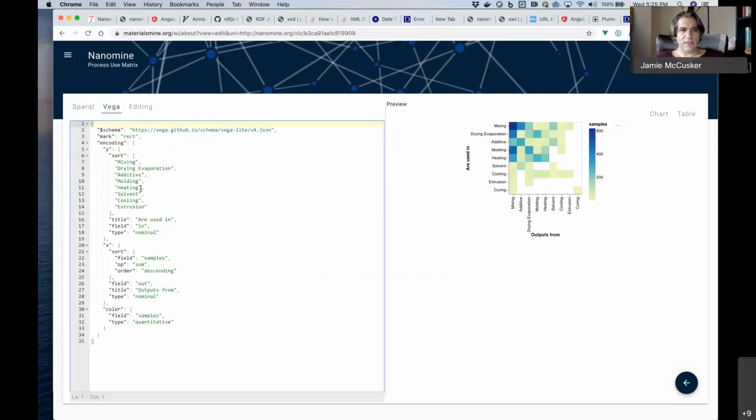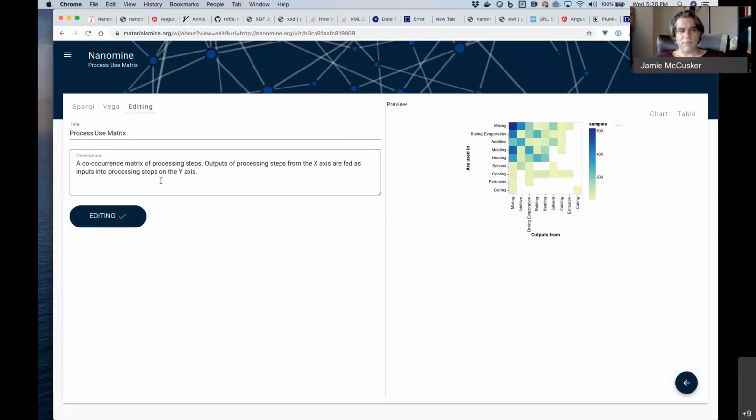There's a Vega specification, which in some ways is fairly straightforward. As you can see, this is a very simple specification that we were able to use. And then there's some metadata that we